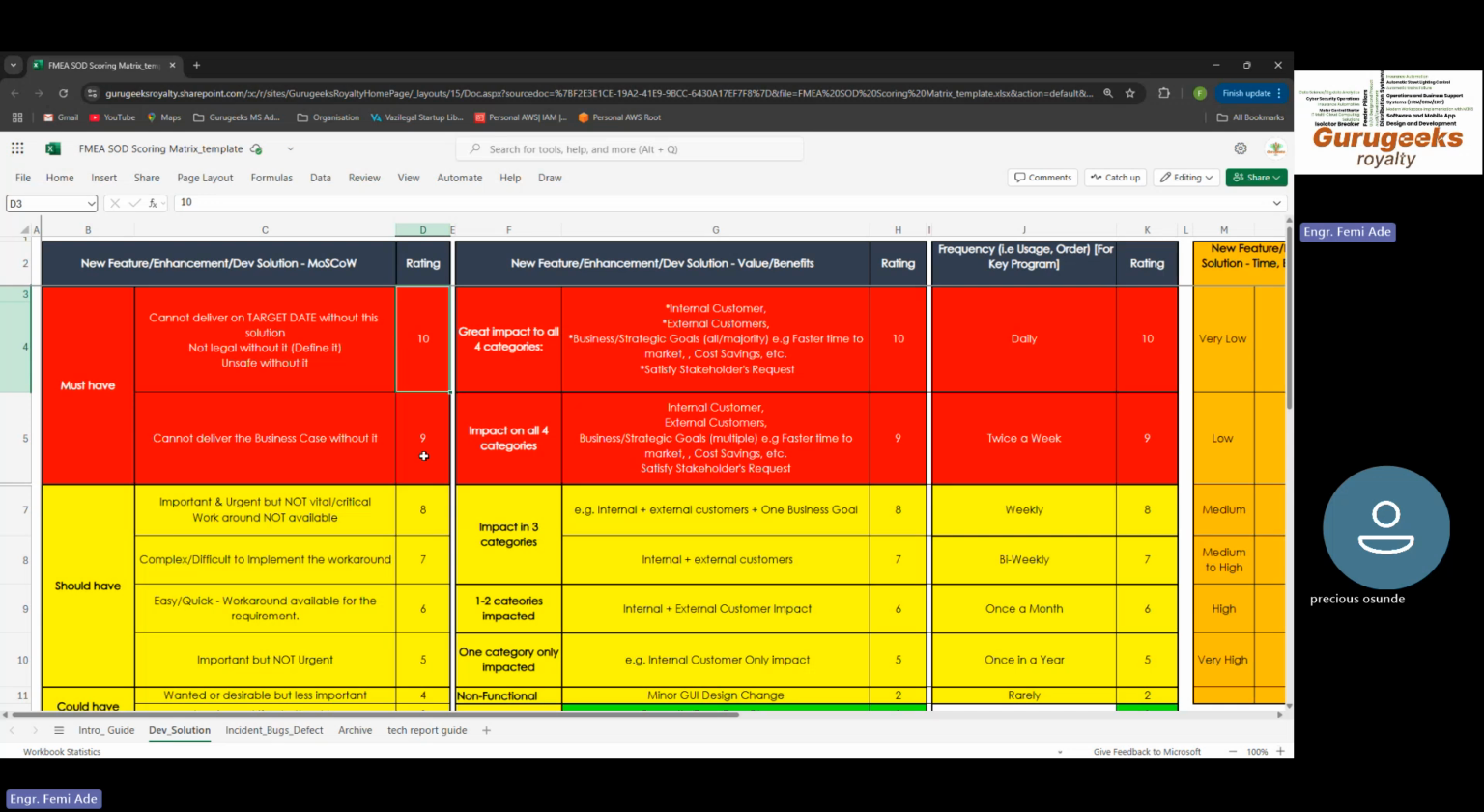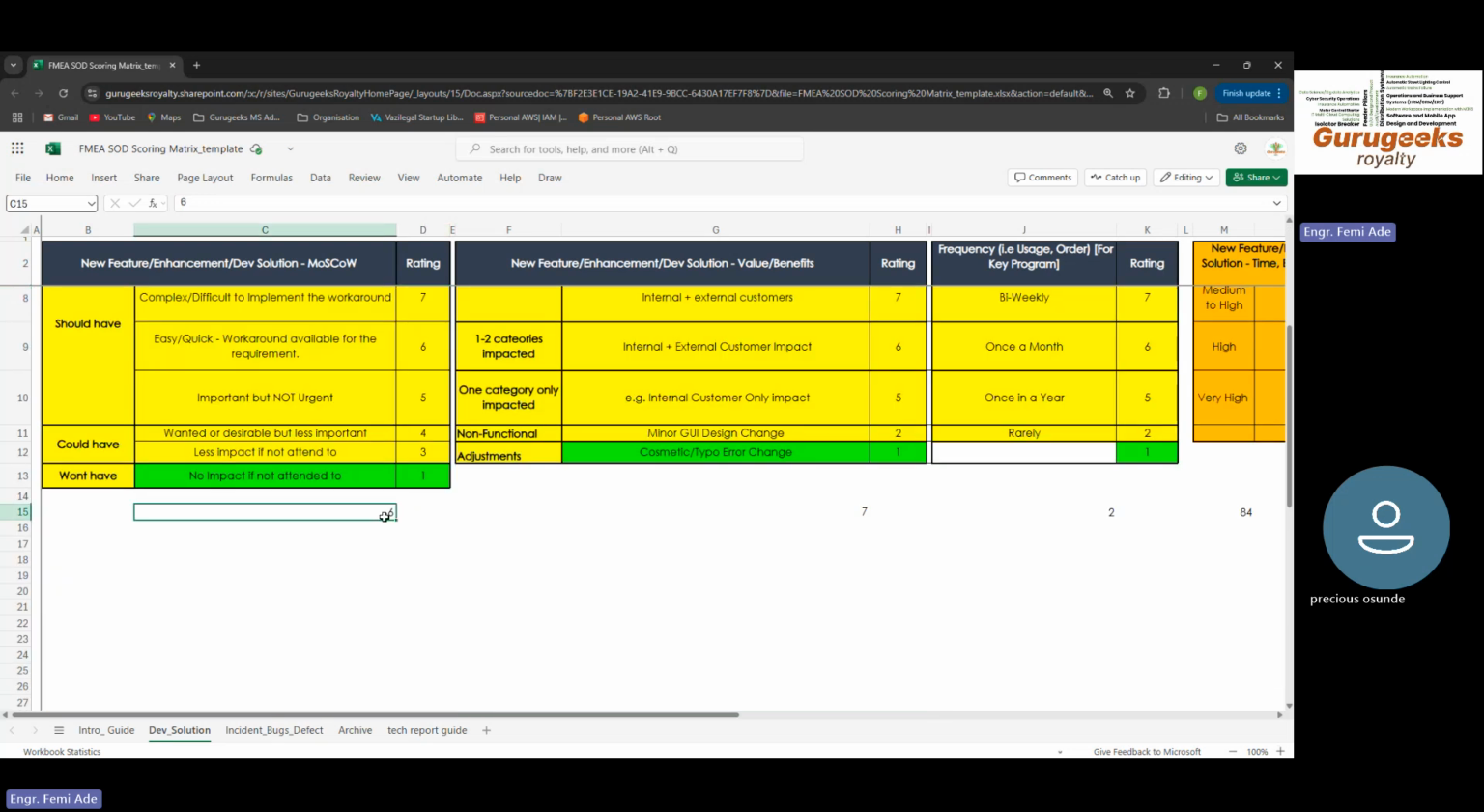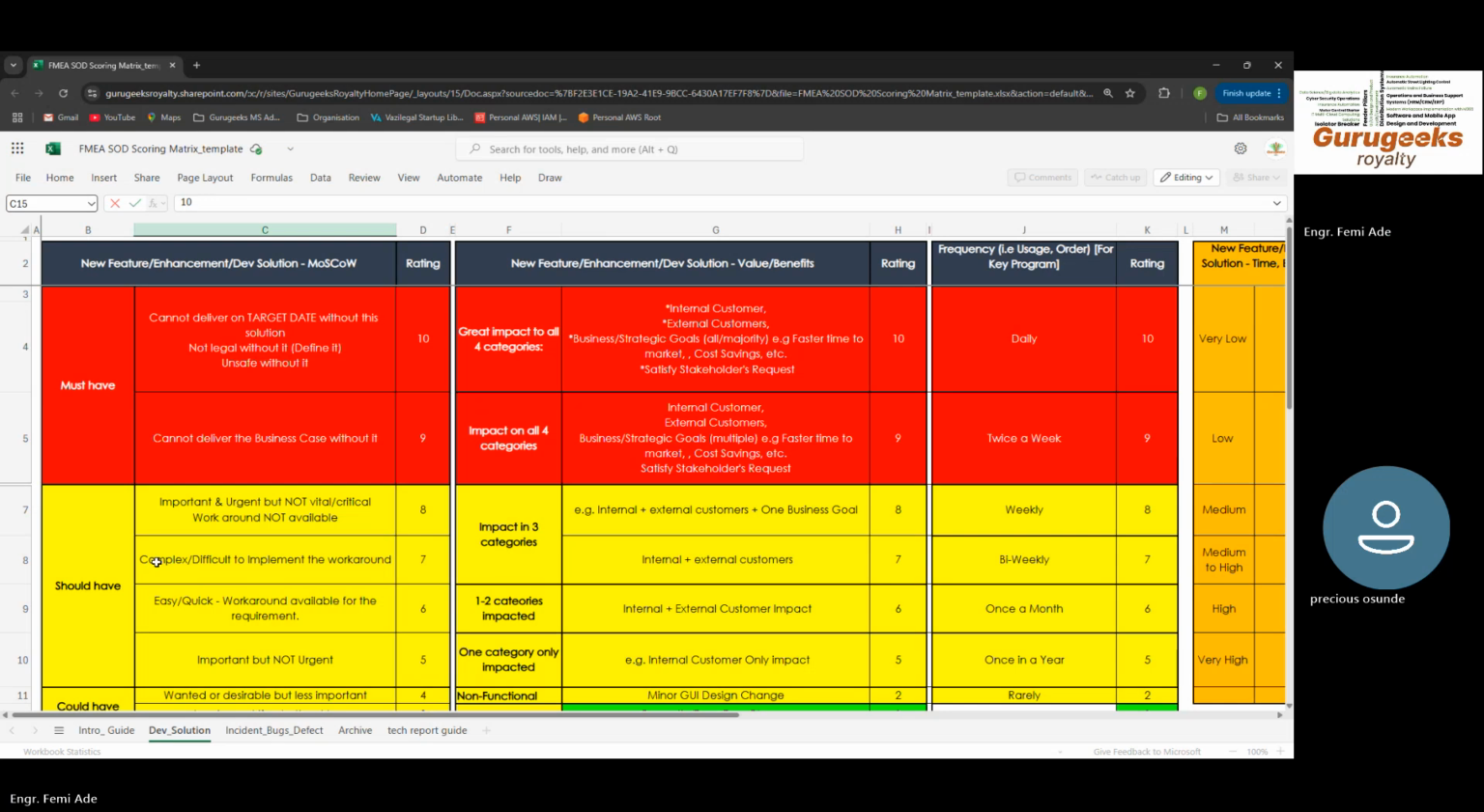So you have to write 10. You have to write it down. So let's write 10 down. I'm just saying, okay, this is just an example. So it depends on your assessment on that requirement. If you look at the requirement item, let's say my item is item 1, and you realize that actually I cannot deliver this particular task, or cannot deliver the business case without that particular item, then you will select 9